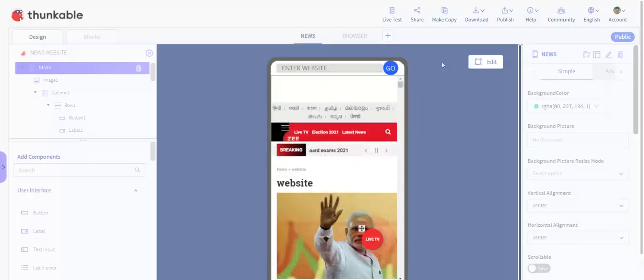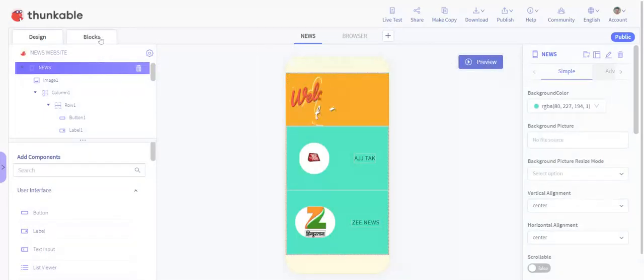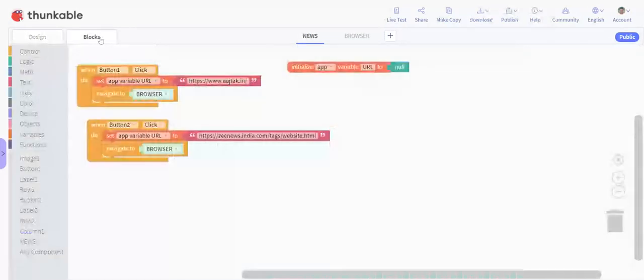So you have to write navigate to browser screen, because the main screen of this is the browser screen. After that, for button 2 you put the same, with the Z News website, then navigate to browser screen.